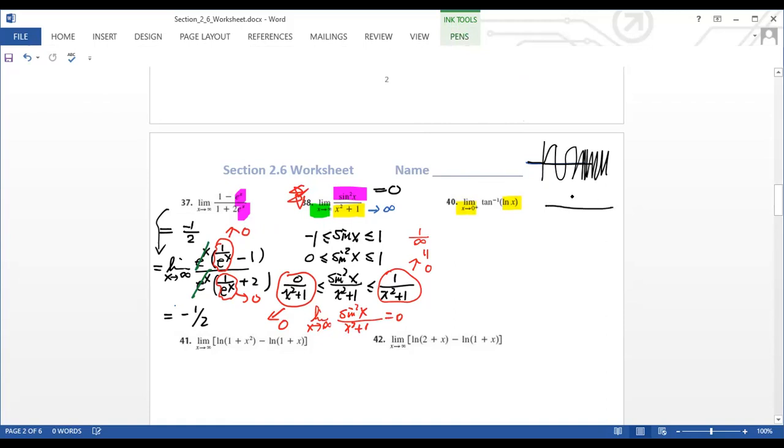So we know the natural log x is a function like this, right? This is ln(x). When x approaches 0 from the right-hand side, if you trace your function, what is this going to approach? It's going to approach negative infinity. Am I right? All right, so now for the whole function here, you will have an arctangent of negative